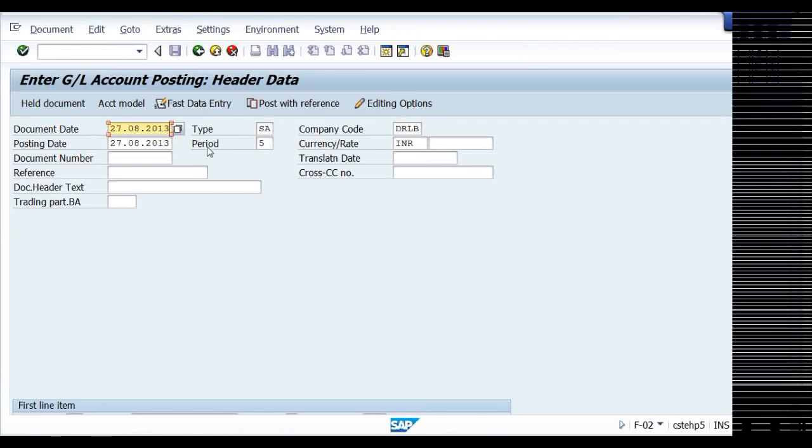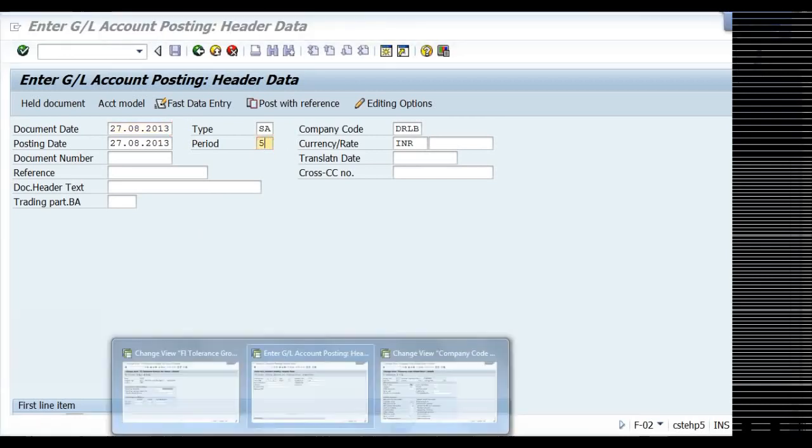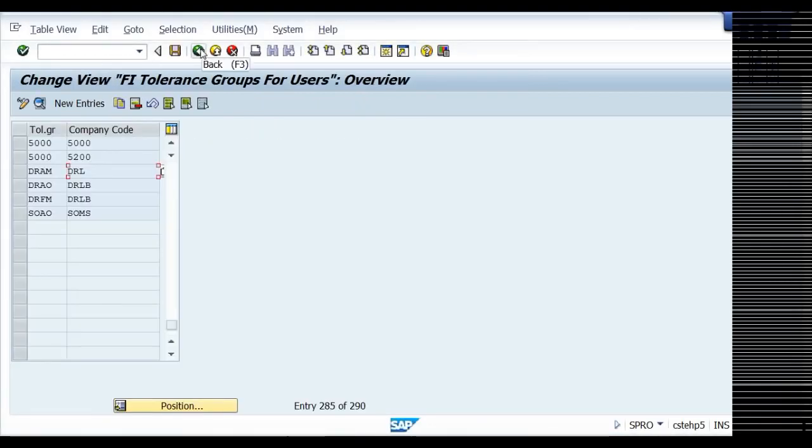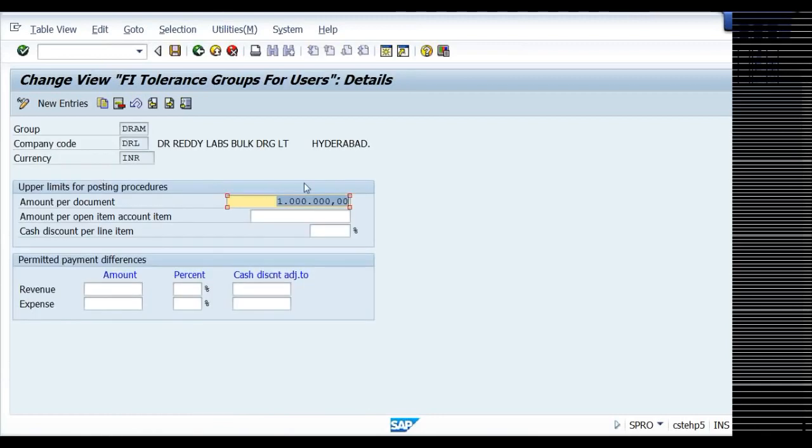Now I will show you about posting period variant. If you remember, we have discussed at length about the posting period variant. Regarding tolerance group, I have shown you, right? Tolerance group: above 5 lakh the system, above 10 lakh the system did not accept it, right?